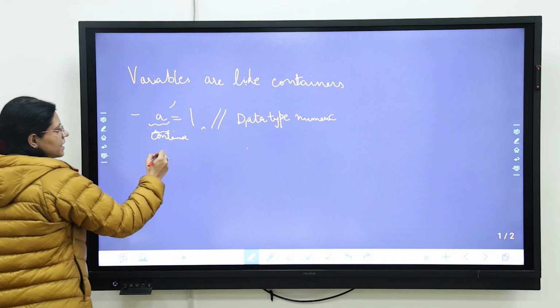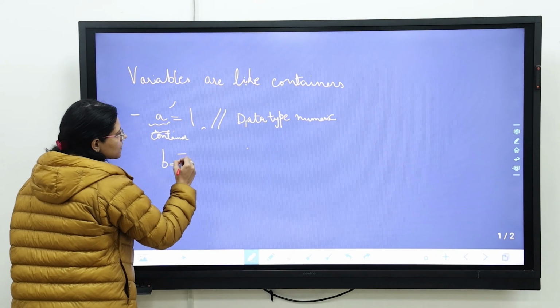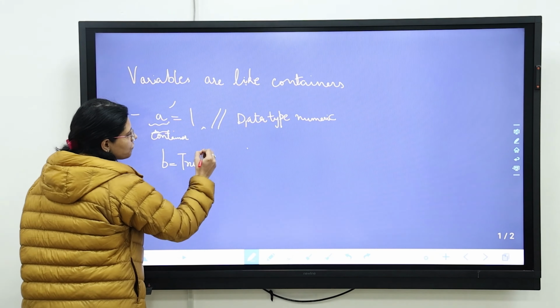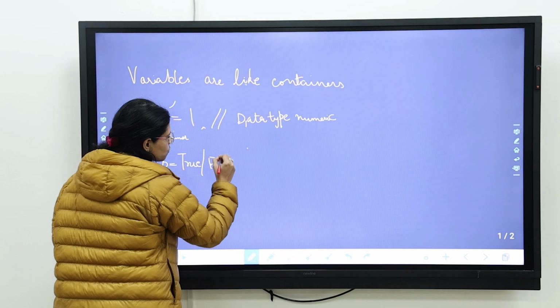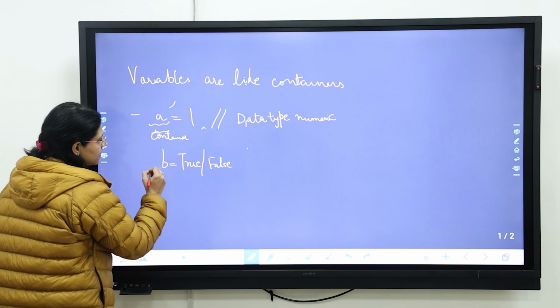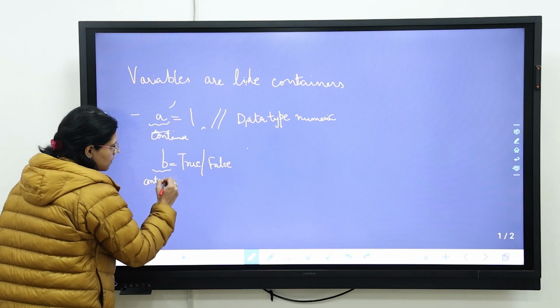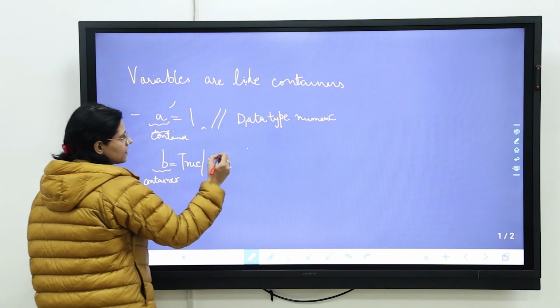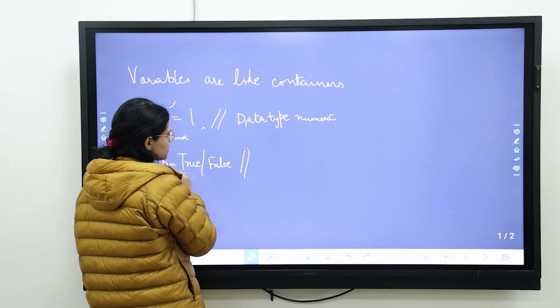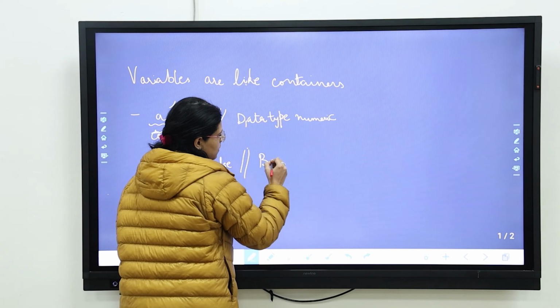Another variable that we can have is true or false. So B becomes another container, and the content or the data type for this container is Boolean.